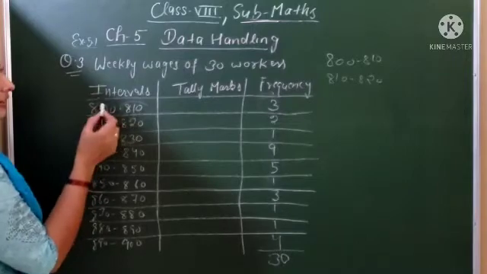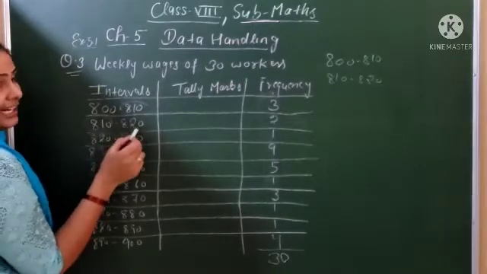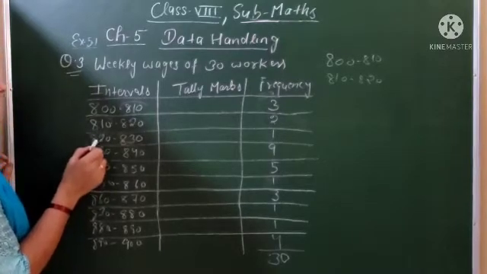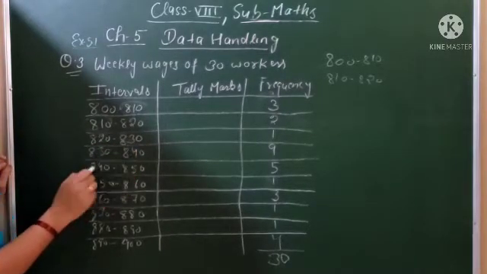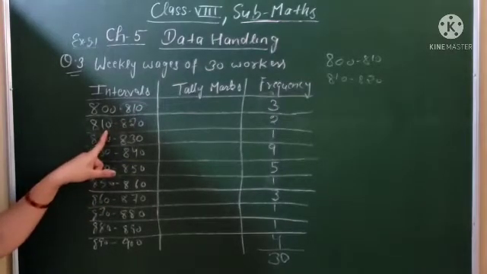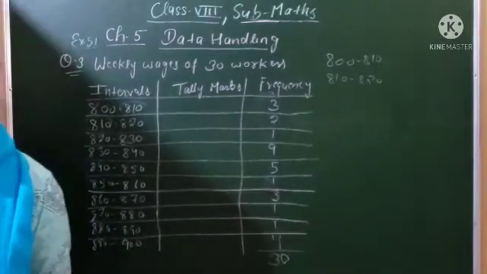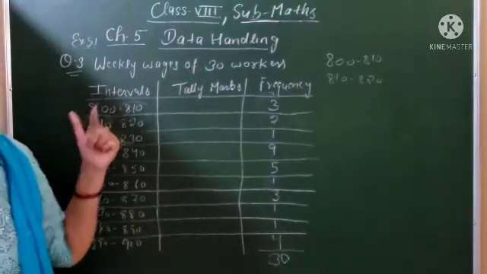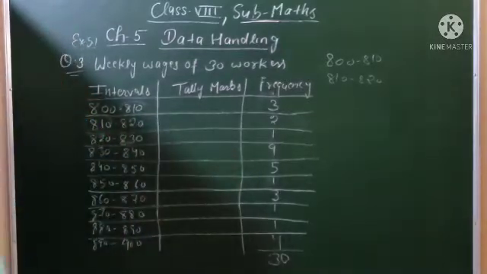It means the first interval lies between 800 to 809, the second 810 to 819, the third 820 to 829, 830 to 839, like that. So 810 you will not include here; you will include it in the next interval, because the lower limit includes 810. So beta, you can see between 800 and 810, 3 vases will lie, and these are given, you can see in your book also.